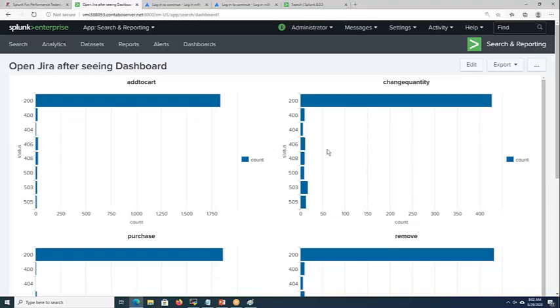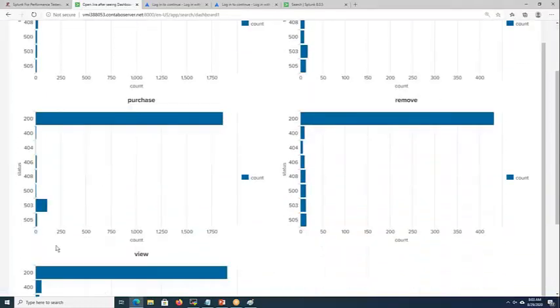Using AppD, it will give you which transaction failed, but you won't find hits per second. In AppD, Introscope or Dynatrace, it will give you overall hits per second reaching the server, whereas in Splunk, for every action, I will be able to capture the number of hits. Got it? For performance testing, this is very useful.